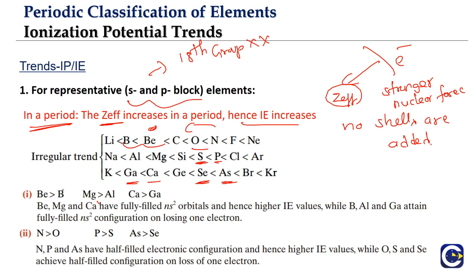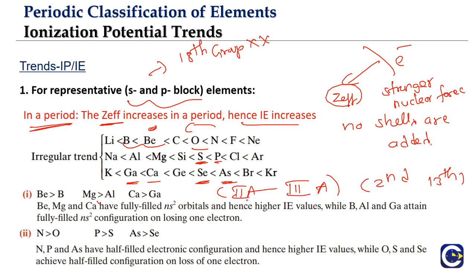So we'll see what the reason for that is. What is the anomaly we are seeing between 2A and 3A? Because the 13th group is also called 3A. Otherwise we can say second group and 13th group. Second group means beryllium, magnesium, calcium. And 13th group means boron, aluminum. The boron family is also called the 13th group. In the old numbering system we use this A.